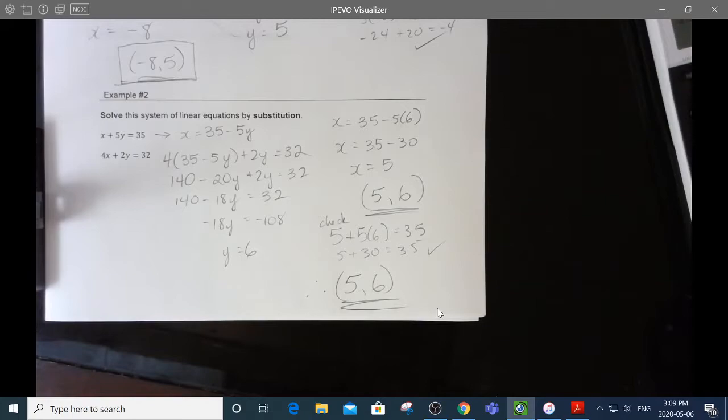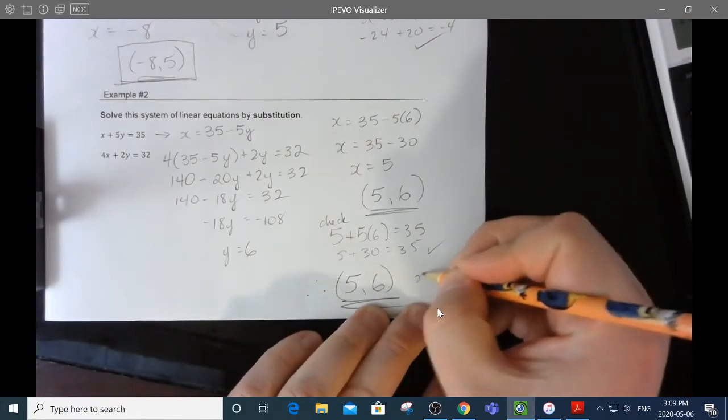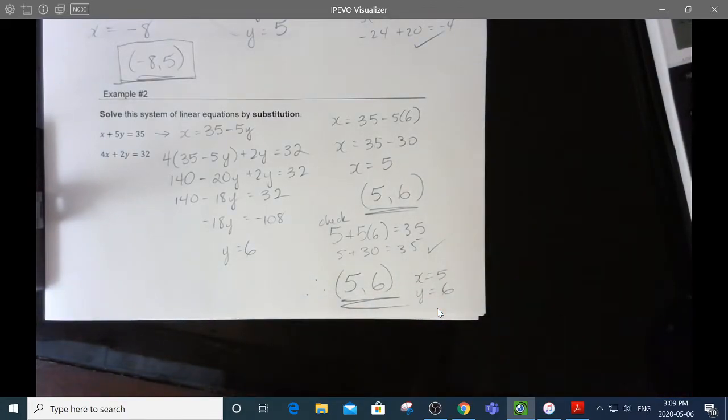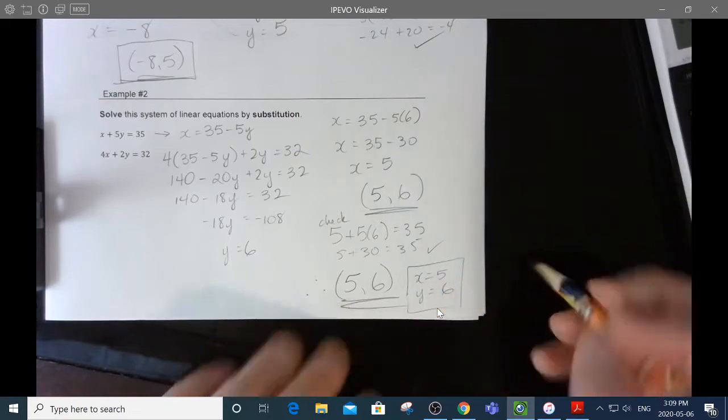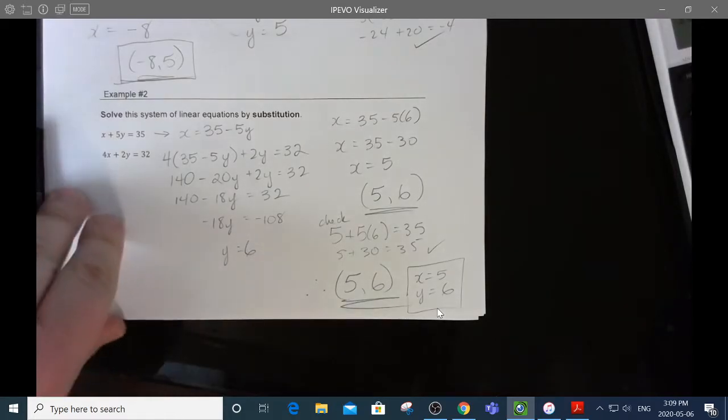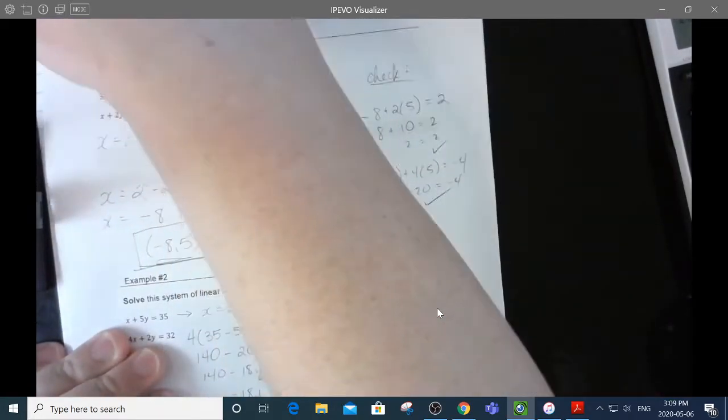Okay? And you do write it as a coordinate. Make sure you put it in brackets as a coordinate. The other way you could write the answer is to actually write out that x equals 5 and y equals 6. Okay? Both of those are acceptable. Don't just write 5, 6 without a bracket, though. Okay? That's example 2. For example 3,